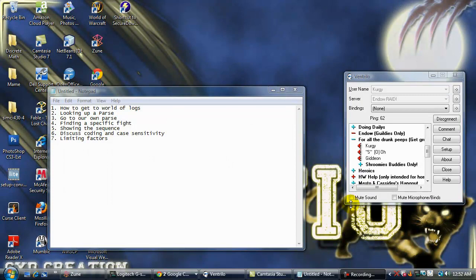I thought I'd take the time out to do a little video tutorial on how to use Expression Editor. This is a huge project that I'm going to be working on. Right now we're just going to go over the basics of how to get to World of Logs, how to find someone's specific parse. Then I'm going to backtrack into our own parses, and we're going to see how to